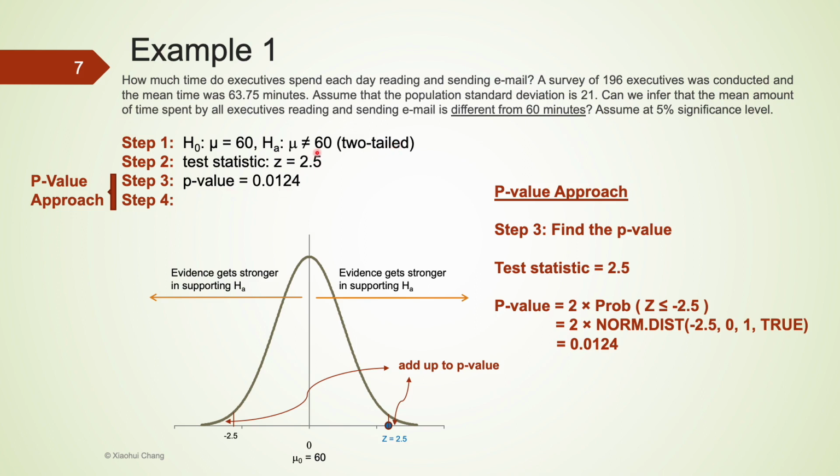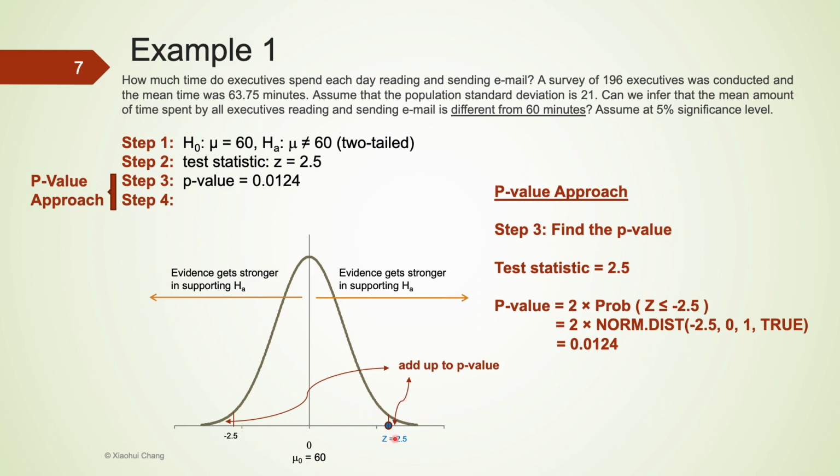This is a two-tailed test. We obtain a test statistic of a positive 2.5. The probability of a test statistic that is further away from the null compared to the test statistic is going to be the area to the right of 2.5. Because this is a two-tailed test, we would also have to consider the area to the left of a negative 2.5. Using the symmetry of the bell curve, we just have to compute one corner and then multiply it by